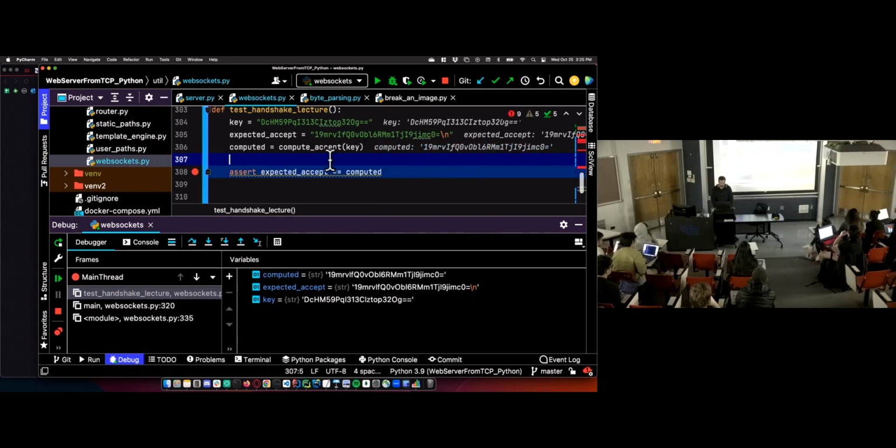Actually, let me put it on my computer because this is an exact bug for this exact method that I found by writing my tests instead of just going to the browser. A lot of you, when you test your WebSocket connections, which should be part of your testing strategy, you'll write your handshake code, open up your server, your app in the browser, go to the network tab, and if you have a 101 response,